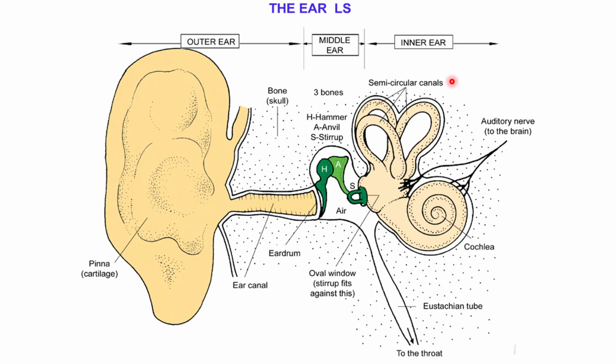A similar diagram just to say, see, this is the cartilage of the pinna and this is the ear canal itself. So the outer part is cartilaginous, the inner part is bony, and here is a structure which we call the tympanic membrane or the eardrum, which is actually a barrier between the external auditory canal and the middle ear, so that the middle ear does not directly open into the external auditory canal.